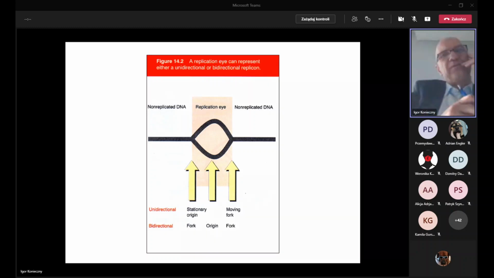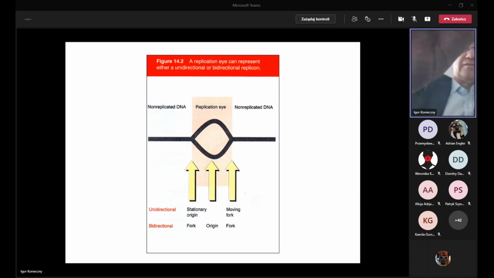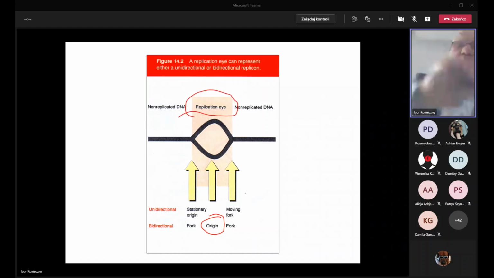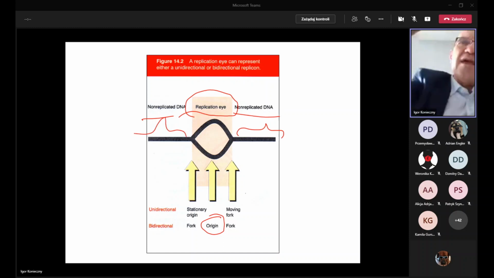If you have DNA replication starting at the replication origin, then usually after a while you have something which is called a replication bubble. So this is non-replicated DNA, replicated DNA. These parts are double-stranded, and here early at the beginning it's single-stranded, but after a while it's also double-stranded. But there is the replication bubble. This is newly synthesized